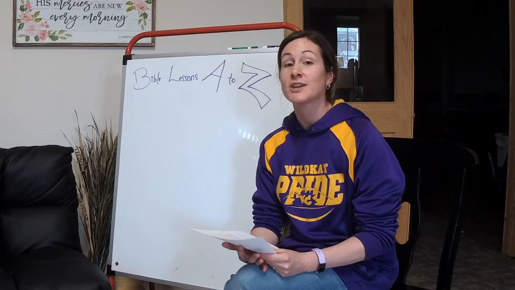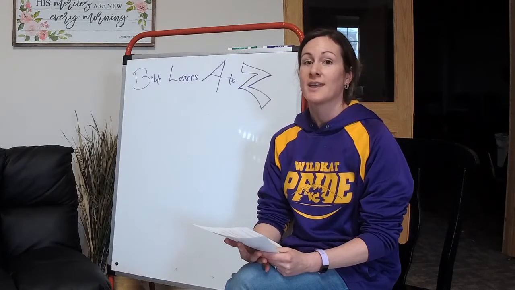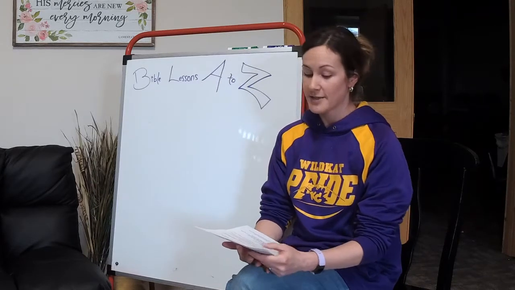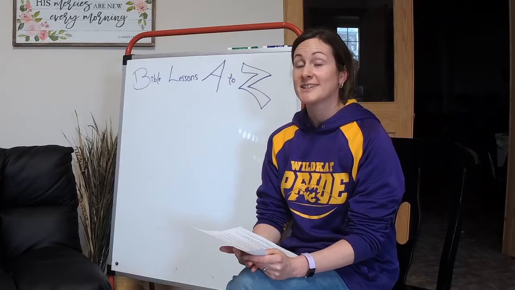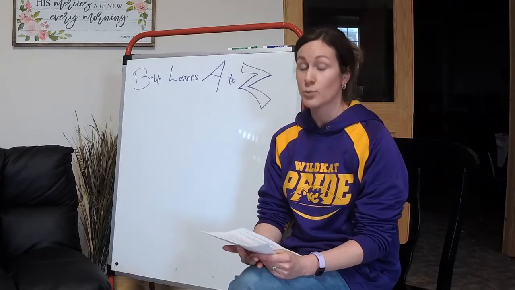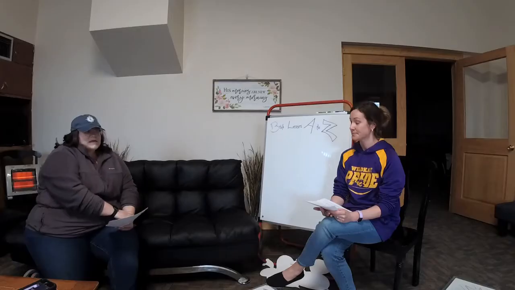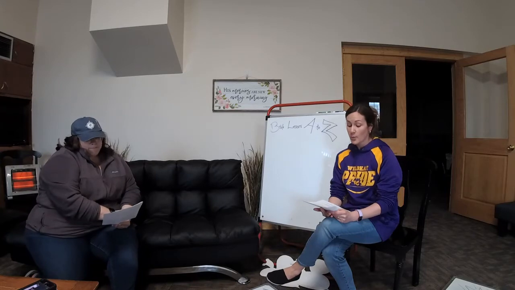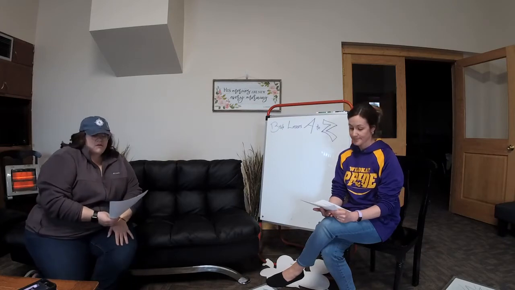In our last video, we learned that A was for Aaron, and he had a little brother, and God used them both to help one another. At the end of our story, I asked you 7 questions, and today we are going to be sharing the answers with you. Question number 1 was, where did Aaron and Moses live in the beginning of our story? Egypt. Question 2, why was Aaron a slave in Egypt, but his little brother was not? Moses was adopted by Pharaoh's daughter.